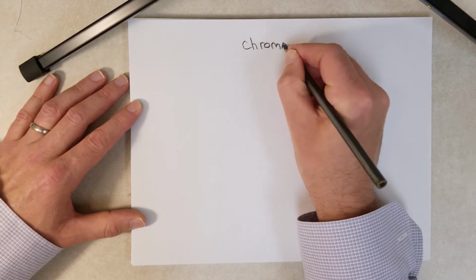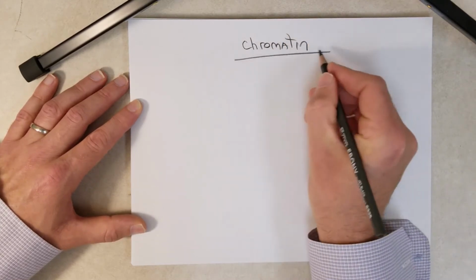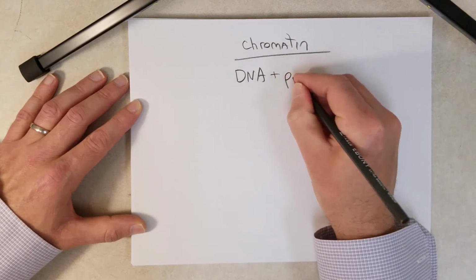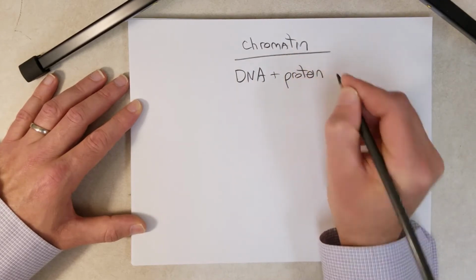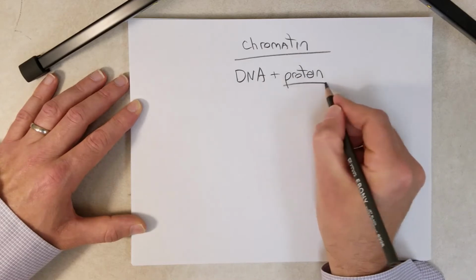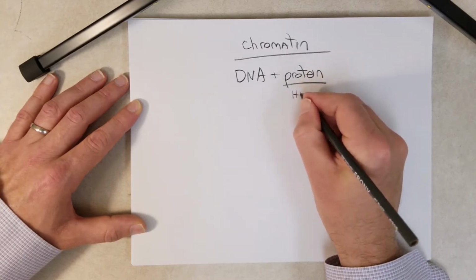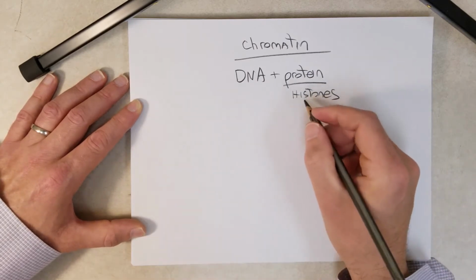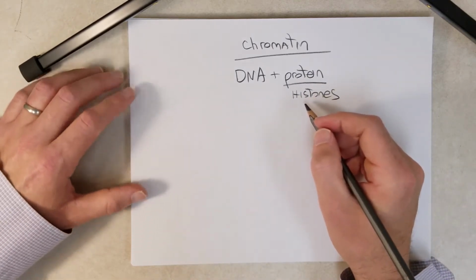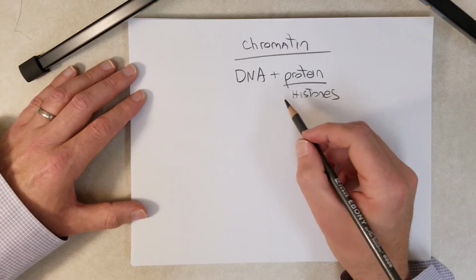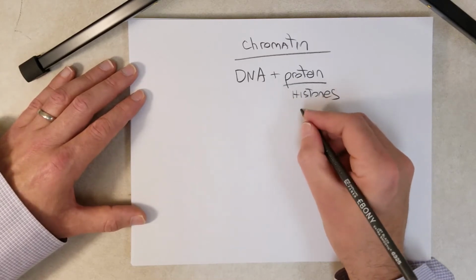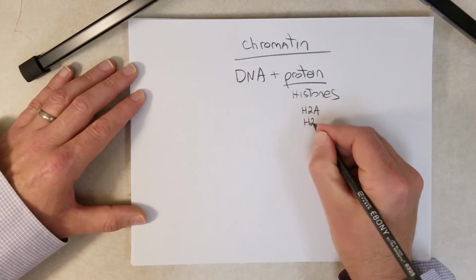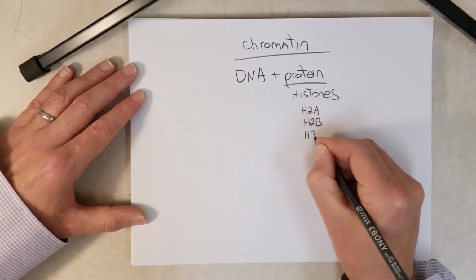Chromatin is the complex of DNA and protein in eukaryotic cells. And the protein is traditionally histones, so histone proteins. And the most common group of histone proteins associated with DNA includes 4 histone proteins, H2A, H2B, H3,